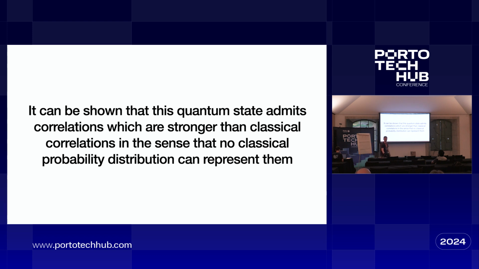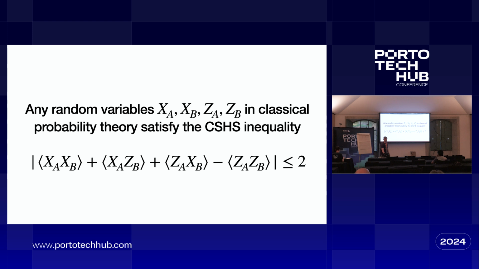I can't prove it, but if you want to look it up, look up the CHSH inequality. This is an inequality which must be satisfied for every pair. Well, it's a little bit more complicated than just two classical variables, but there's four of them. For any classical random variables, these things are like correlations, okay?